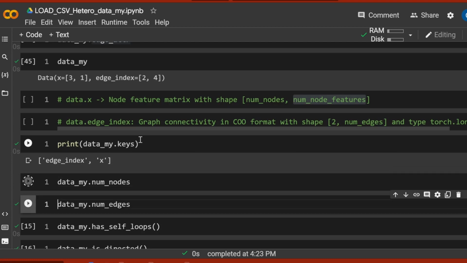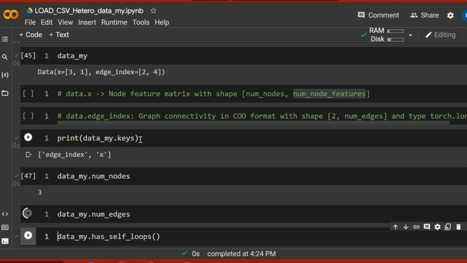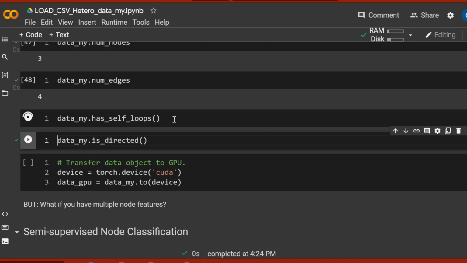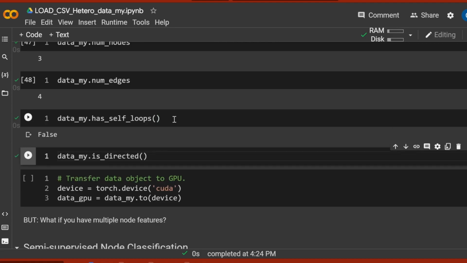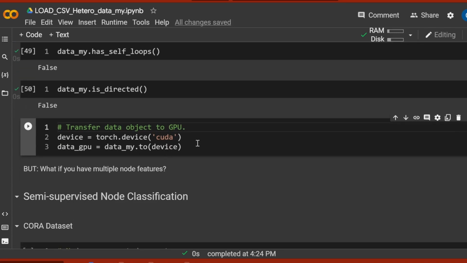Or you go with what are the number of nodes, dot num nodes, 3, the number of edges, in our case 4. Does it have self loops? No, we have no self loops defined. Is it directed? No, because we defined from 1 to 2 and from 2 to 1. So we have an undirected graph. Beautiful. If you want to accelerate this, you put it on your GPU, torch.device CUDA, and you can run it